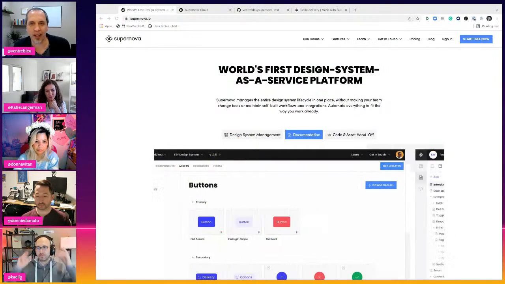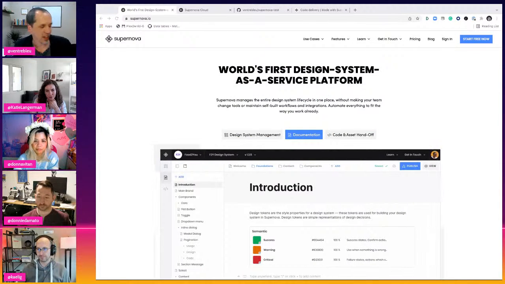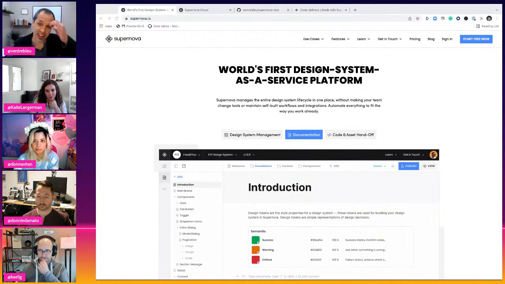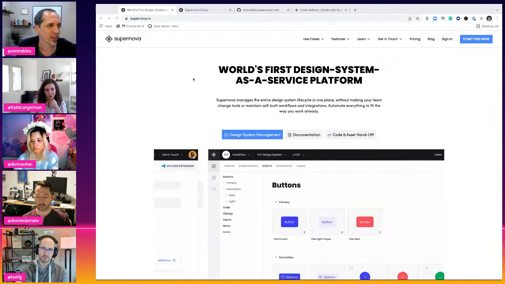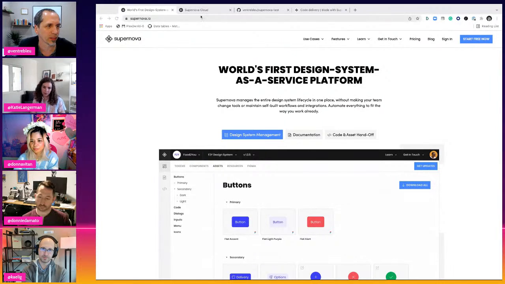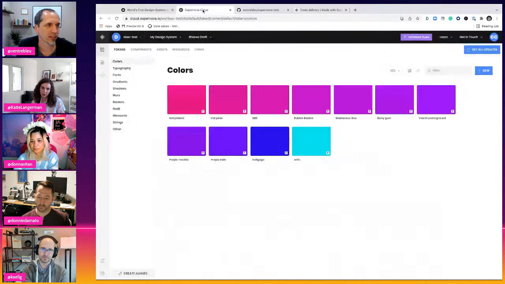Yeah, interesting. Well, the last tool that we're going to talk about today is Supernova, and I think it's interesting because it has similar things and also certain things that I think are different from the others. But this is the website. I'm just going to jump into the UI itself. So it's based on exactly the same Figma file that I used before. What is interesting here is that